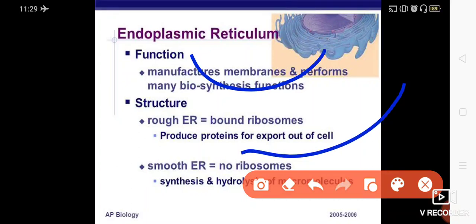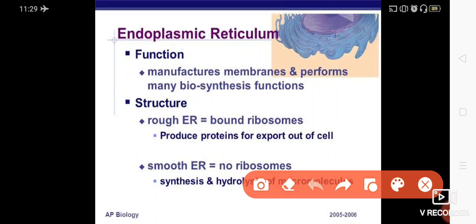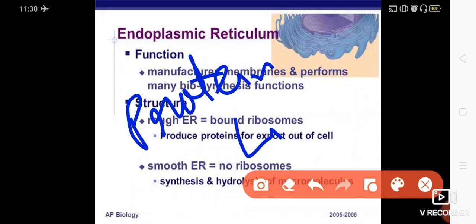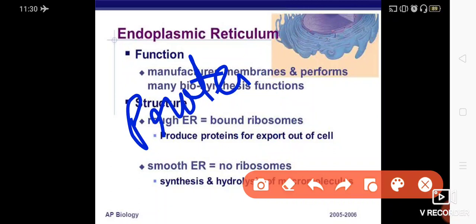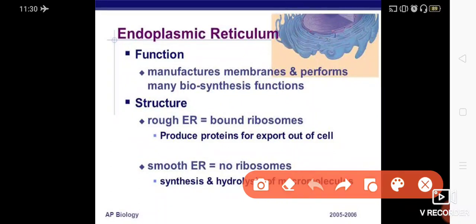These are formed by these structures of endoplasmic reticulum, because these synthesize proteins and lipids. So both lipids and proteins are actually helpful in the formation of the membranes. That is why these are helpful in the formation of these membranes, and these perform the synthesis. Biosynthesis means synthesis of the substances that are biologically originated, that is glucose, meaning sugars, or the lipids or the proteins. These are formed by the endoplasmic reticulum.